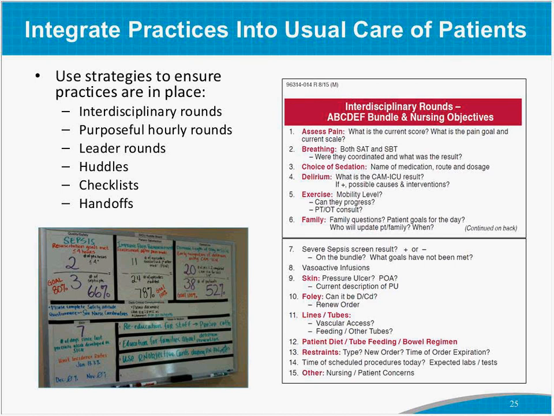So another check. Huddles below on the left-hand side of the screen is an example of a huddle board where we have certain clinical metrics, quality metrics at the top where we talk about them every day, and those change based on whether or not we achieve them. And then the staff can give input on the bottom right is where the staff can get input on why we didn't meet a metric or where some of their barriers are. Different types of checklists, including this in your handoff, are all ways to ensure that these new practices